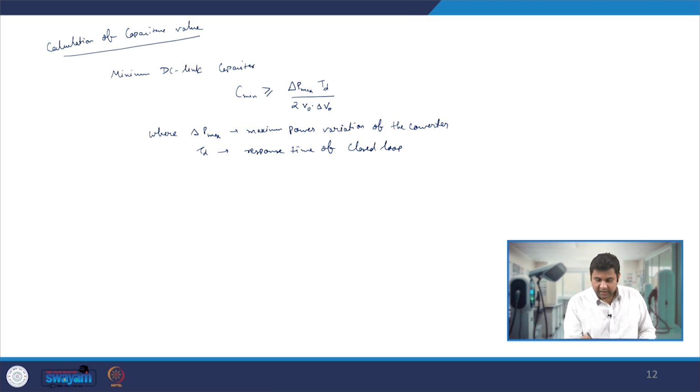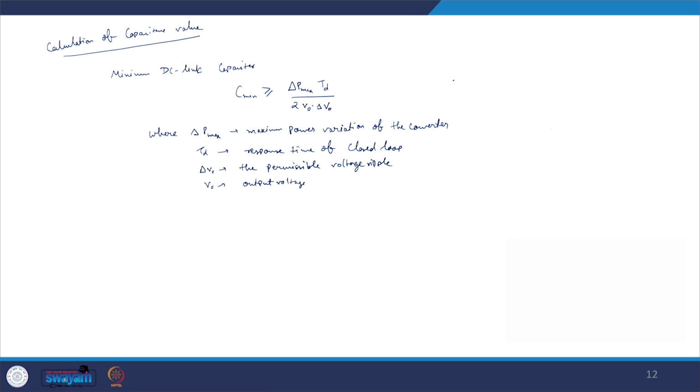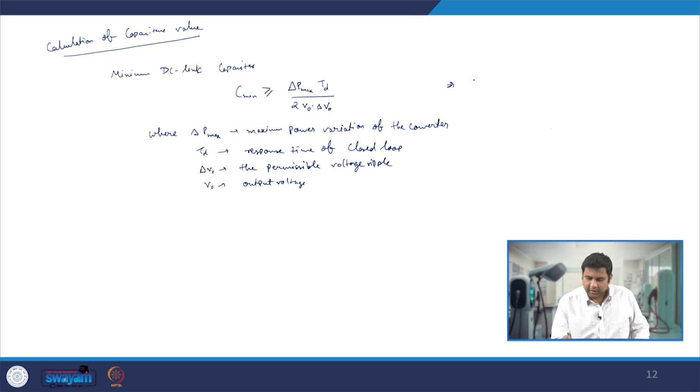So that's when we can calculate the energy, and we can say delta V naught is nothing but the permissible output voltage ripple on the capacitor, and V naught is the output voltage. And you will be wondering how we can calculate this. So this particular capacitance you can obtain by just doing the energy equivalence of the capacitance, where the capacitance